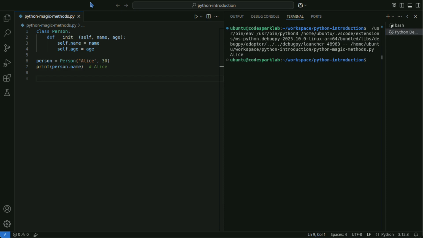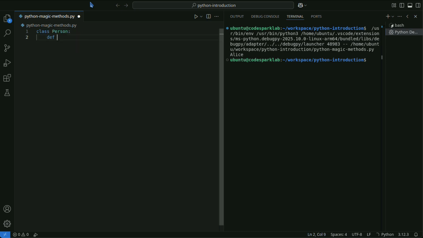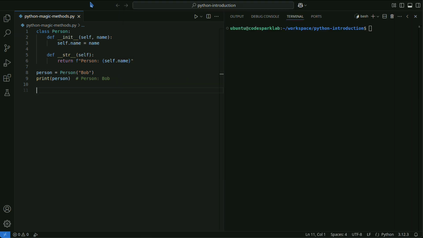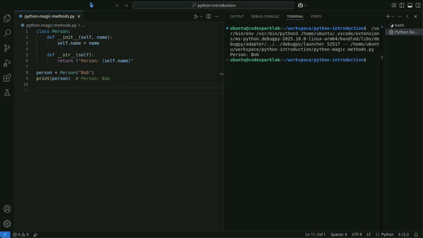It is called by print and str. The __repr__ method returns a string representation for debugging purposes. It is used by repr and when displaying in the interpreter.